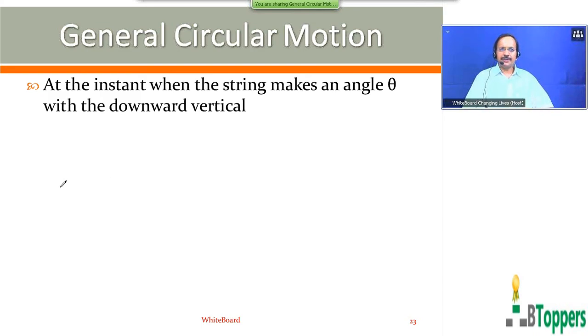So in the previous class, I was discussing the motion in a vertical circle. I have already explained how to find the magnitude of the tension in the string at the lowest position, and also the magnitude of tension in the string at the highest position of the bob of a simple pendulum, when the bob is rotated in the vertical circular path, such that its total mechanical energy is constant.